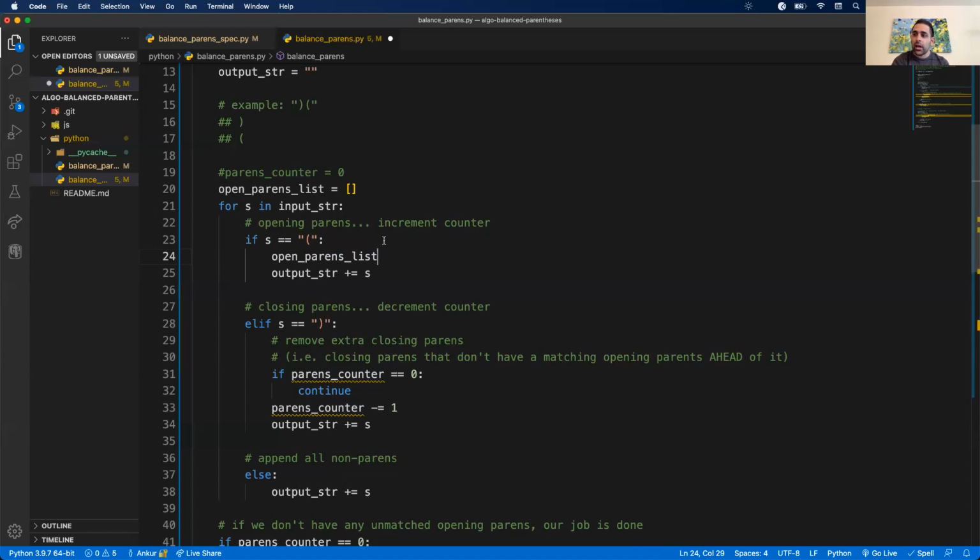And this is important. I don't want to use input string because input string and output string are not going to have the same indices necessarily because we're omitting some characters down here. So open parens list, I'm going to append the index that this is going to take. So maybe